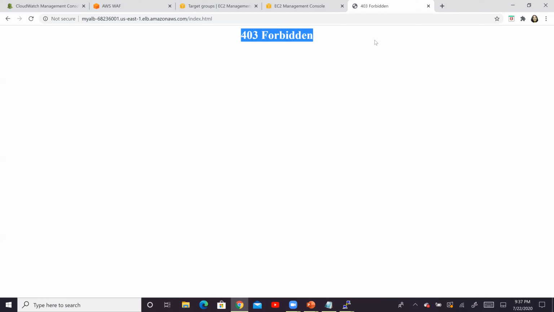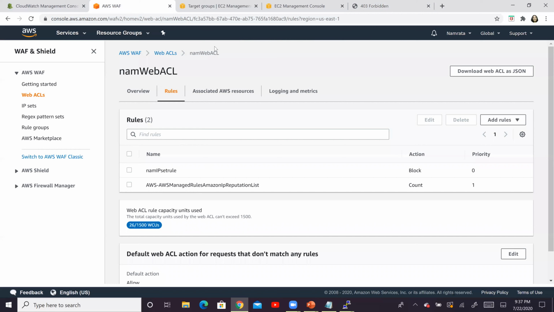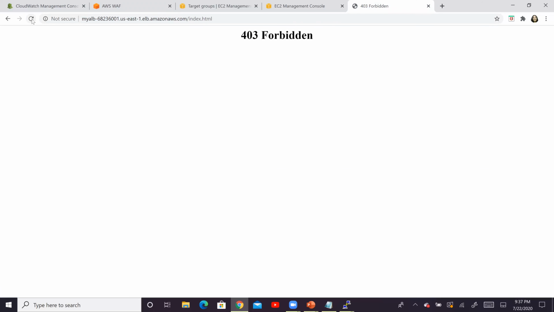And as you see, I'm getting a forbidden access, and that is because my access is blocked. Now, if I keep on refreshing this, it will increase the overall count, but it is still not going to provide access to me. This page is not going to be rendered to me at this point of time.